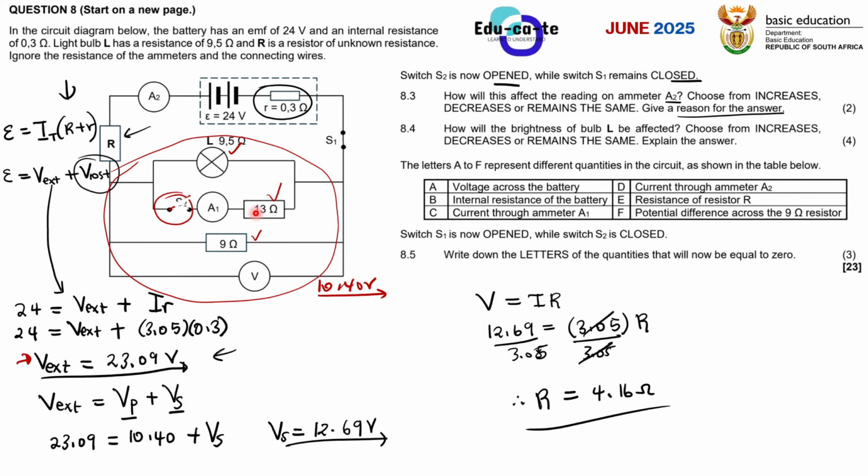This is basic from grade 10. You know that whenever you open a switch, no current can pass through. And when no current is passing through, it means that there is actually no resistance there. Because I'm opening this switch S2, meaning that I'm blocking current from passing through the 18 ohms resistor. Otherwise, it means that I'm removing a resistor.